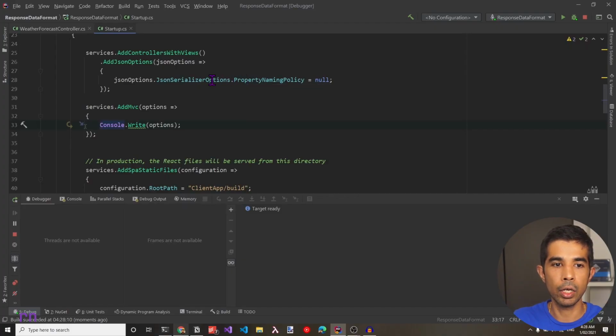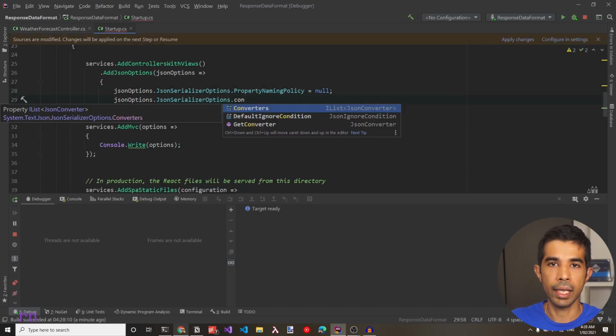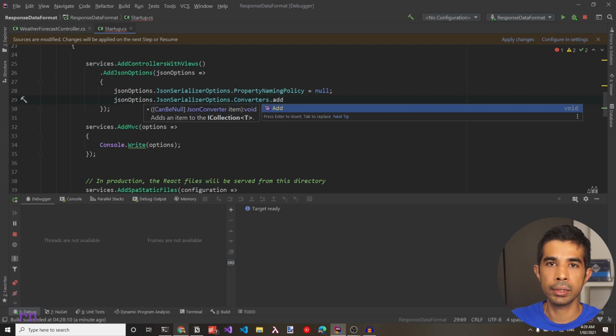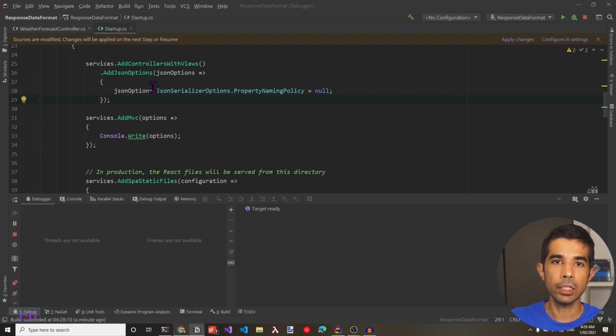There are various other options that you can configure on this JSON options attribute. Let's say if you want to add custom JSON converters, you can add that under Converters.Add and pass in your custom converters if required. And there are a lot of other options that you can set, which you can explore as your application needs arise. The JSON options set at this level are going to be applicable across your application endpoints that return JSON data. If you want to modify just certain endpoints, you can do that as well.